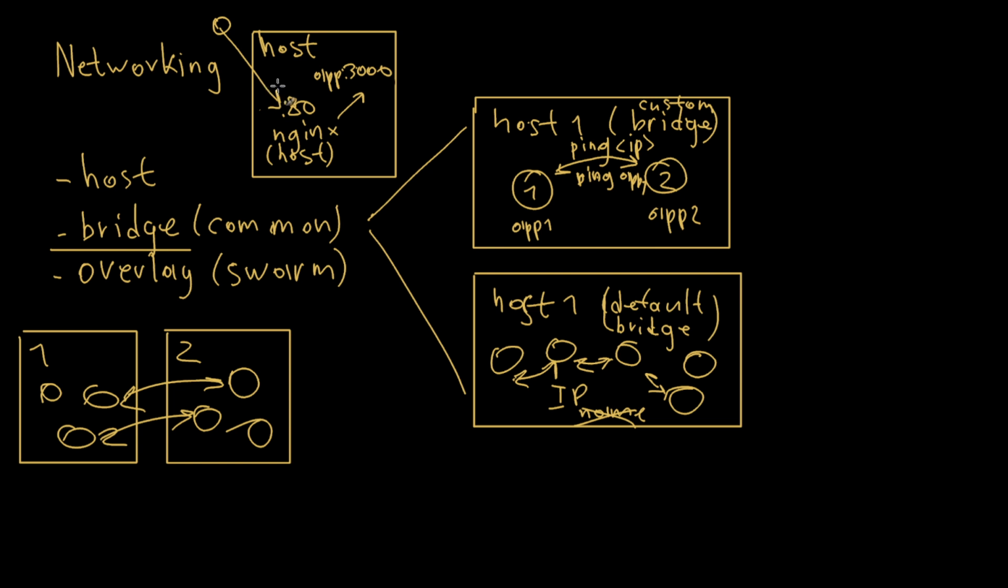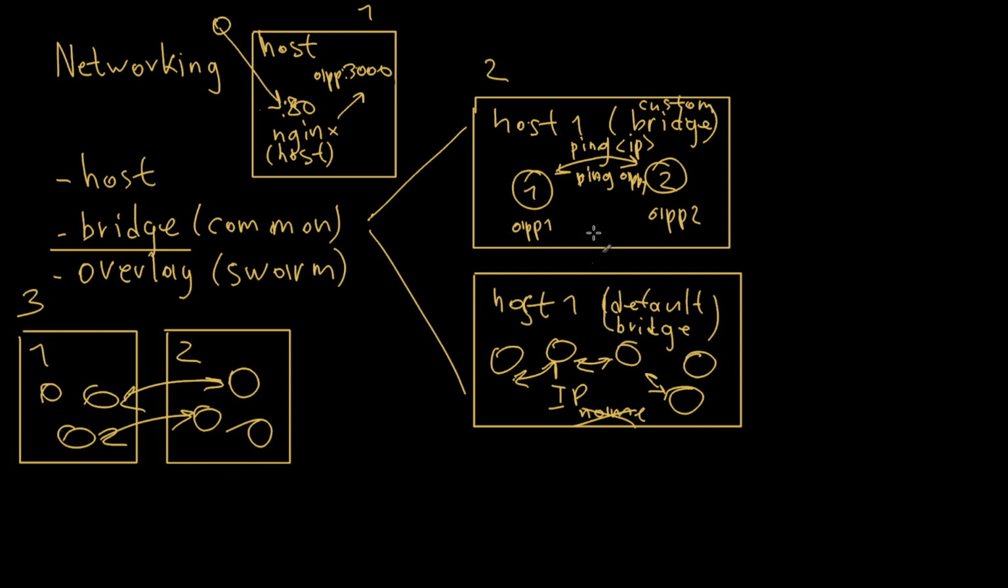With host network, you don't have any isolation between your container and a local network. So here are 3 options. First option is a host. Second option is a bridge. And third option, overlay. So let me show you how it works in practice, and we're gonna start with the default